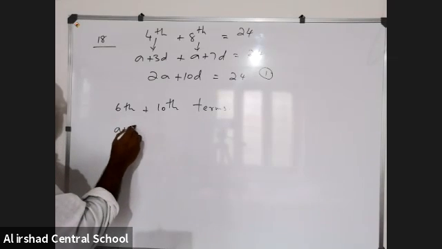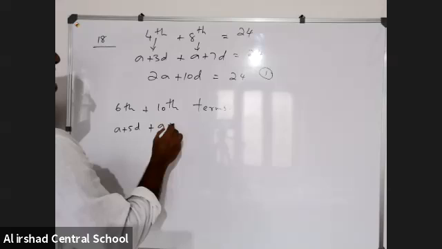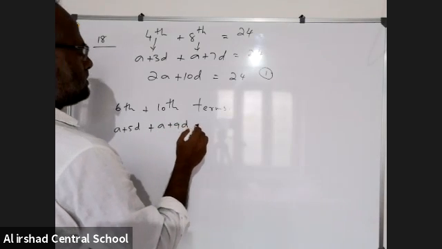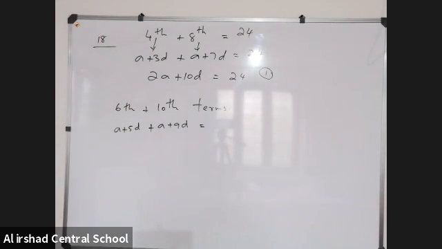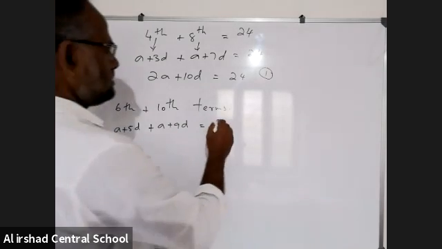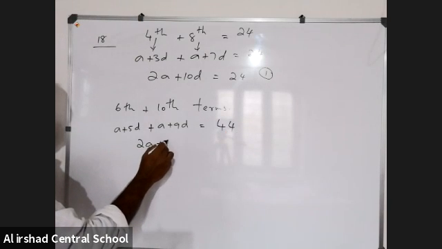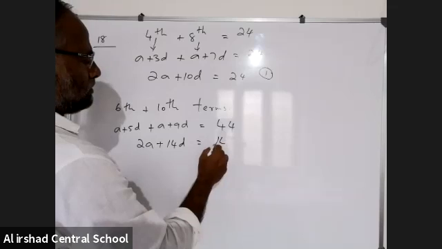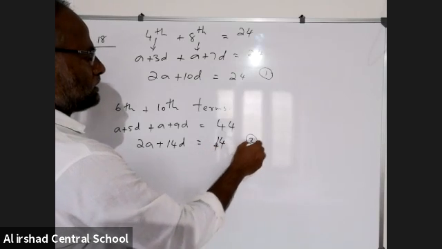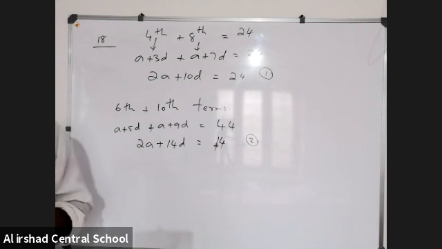2A plus 14D is equal to... Good, good, good. Here A plus 5D plus A plus 9D, that is equal to 44. Exactly right. 2A plus 14D, that is equal to 44. So equation 2. Now according to the question,